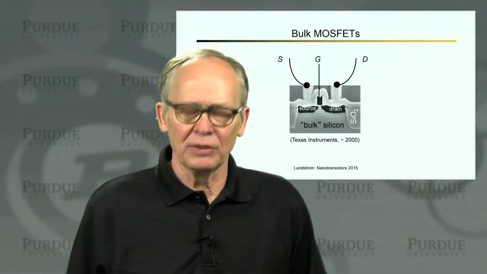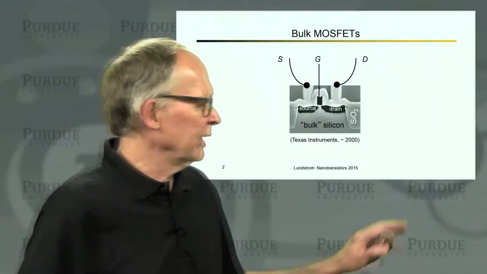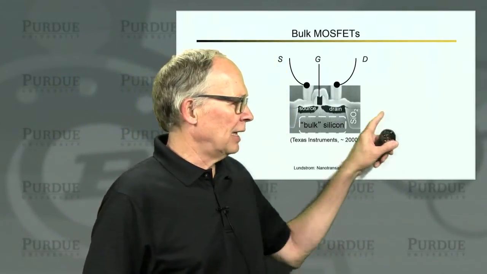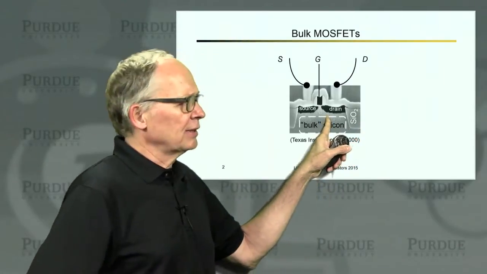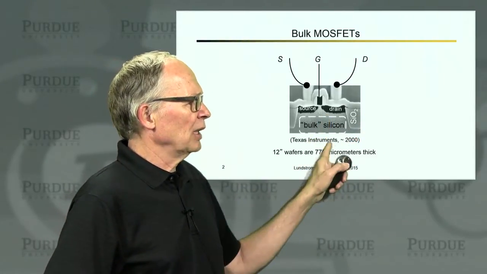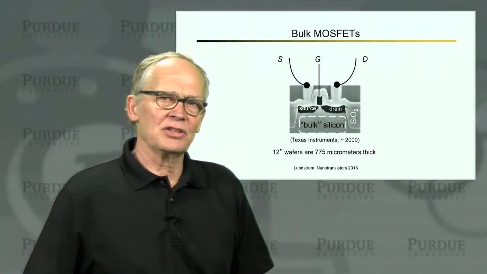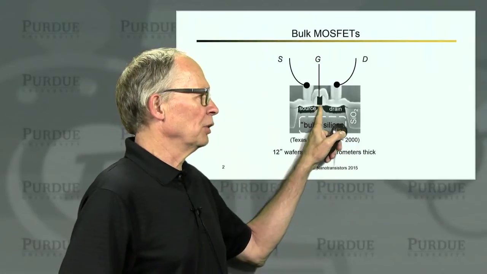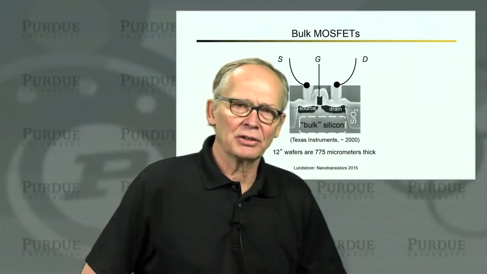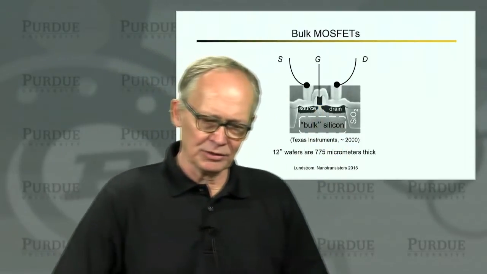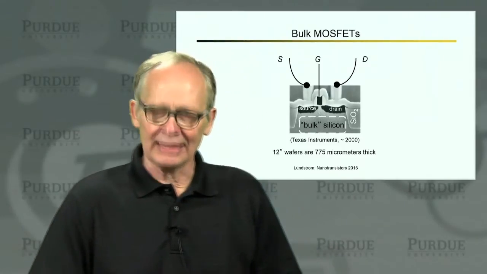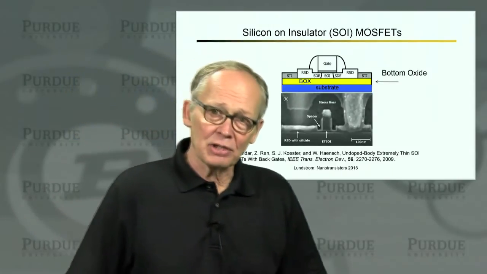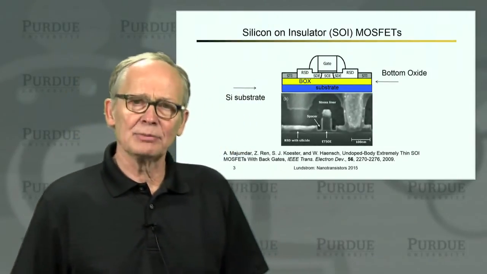So just by way of review from the last lecture, we were looking at this bulk MOSFET. By bulk, we meant that it was fabricated on the top surface of a silicon wafer, and the silicon wafer is thick enough that we could essentially assume that it was semi-infinite. Any band bending that occurs when we apply a gate voltage occurs very near the surface, and we can assume that all the band bending is gone by the time we get deep within the silicon. Now, the structure that we're going to look at in this lecture is more like this.